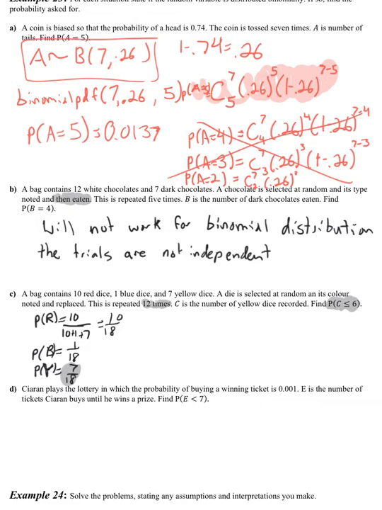Your homework tonight is going to be a lot of practice on these types of problems. Find the probability that we choose at most 6. The order does not matter as long as we're just choosing 6 total yellow dice. That's the goal. So we do the probability of 0 all the way up to